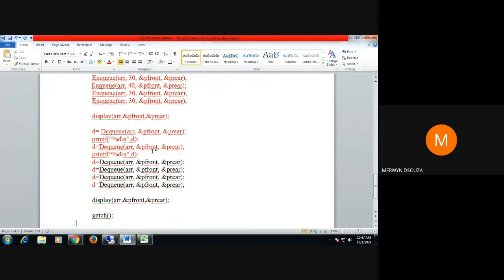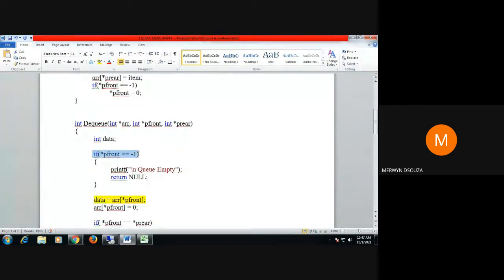Okay. So like this, you can keep printing the data that you deleted. You can say here "deleted data", something like that. You can put one message. Okay. So like that, now I call the function third, fourth, fifth times. So let's do it quickly now. So when I call it for the third time, okay, what will happen?